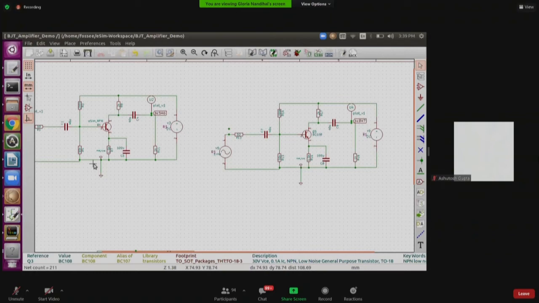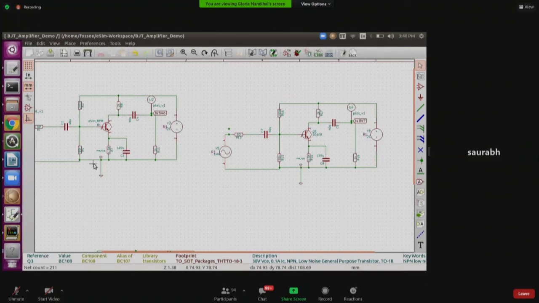In the footprints, Saurabh, can you please answer that? Yeah. So if you have used the transistor that you see on the right hand side, accordingly you have to choose or keep in mind the footprint that you are going to use. The footprint is going to be the same. You just need to know where the pins are inverted here, right? You have to keep that in mind while designing the circuit and assigning the footprint.